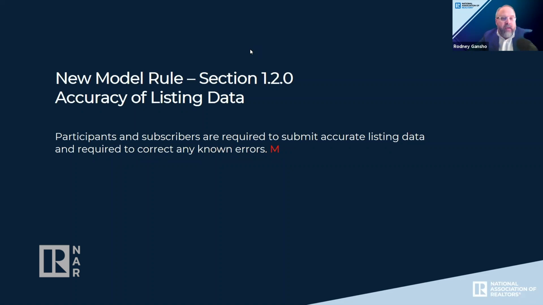So the first part of the handbook, again, are the policy statements, the foundational policies that MLSs have to follow. And then the second half of the handbook are the model governing documents created by the National Association that local MLSs can utilize to create their own rules and regulations and their own MLS bylaws for the governance of their services.